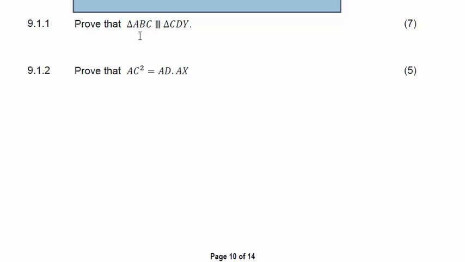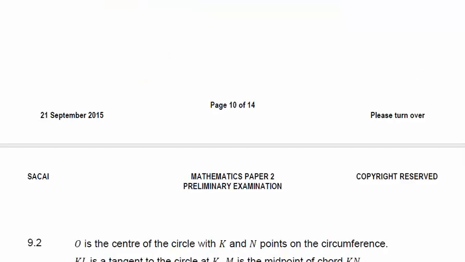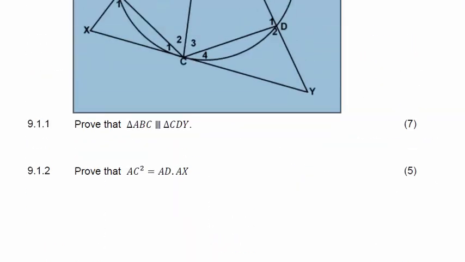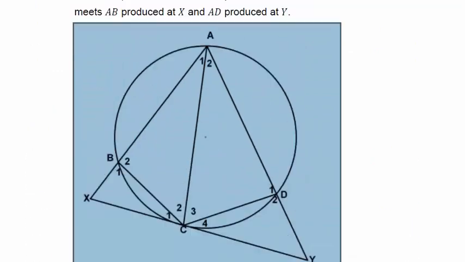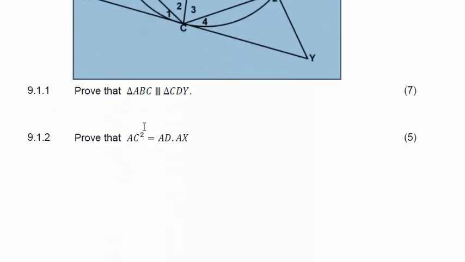But it follows directly that when two things are similar, there's a proportional relationship, and you then just manipulate that relationship in some other way, 5 marks, but I'm not going to go into that, to get to the expression that they want. Usually you would start from what you've just proven, if in the previous question they asked you to prove similarity.